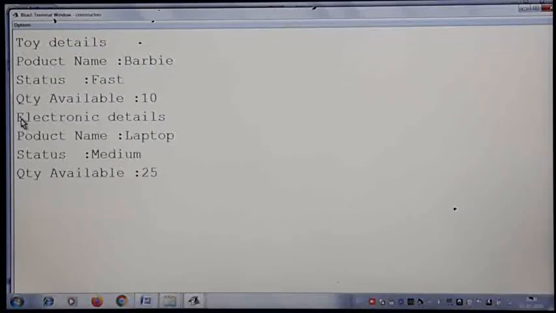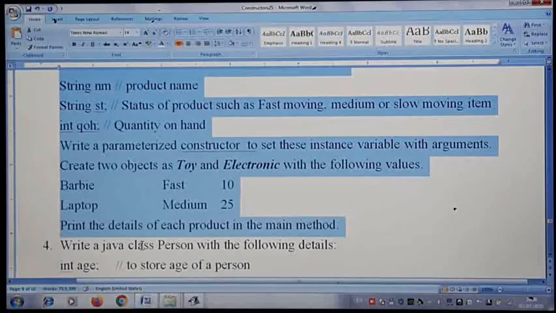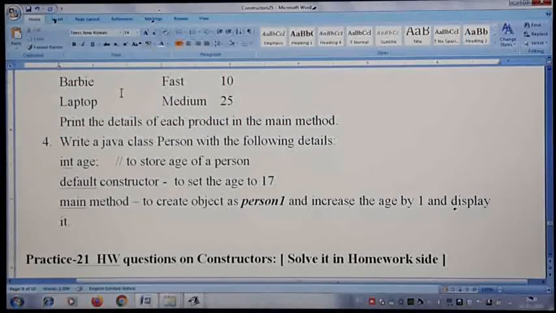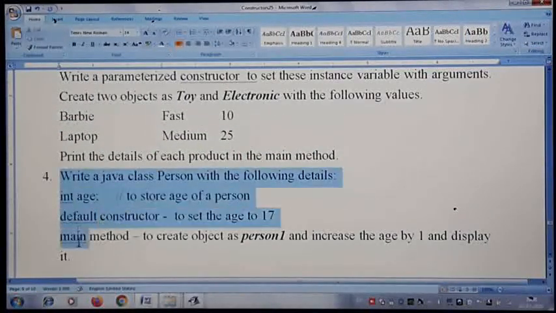I told you also you won't get any line here just because you have a line in the program, unless you give a \n to give one line blank here. Hope you all understood with this example. We'll go with the next question. Very easy one. Since you understood this, hope you will be able to understand the second question also.